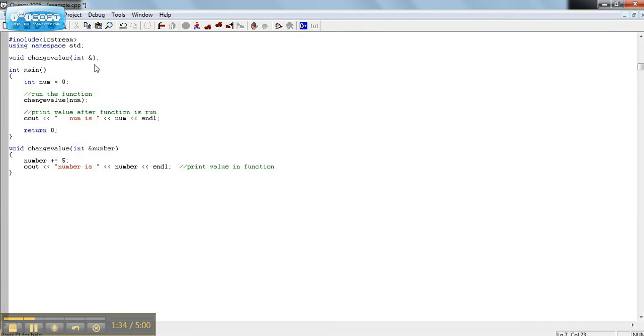I'll put the ampersand in up here as well in the prototype, so they need a warning that that's coming. That is a message that we are sending this variable to the function differently. So we're sending, instead of a copy of the variable, we're actually sending the address location of the variable. So any changes made here to number will be affected in the address of num,